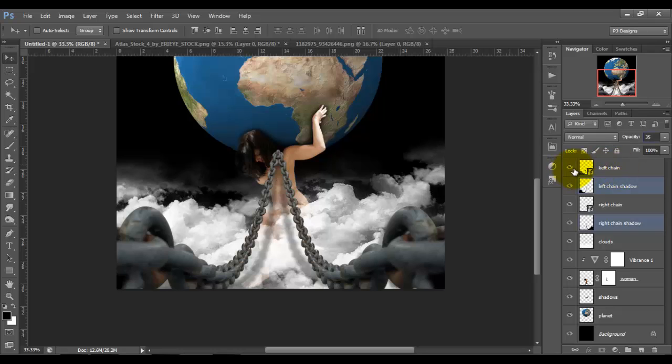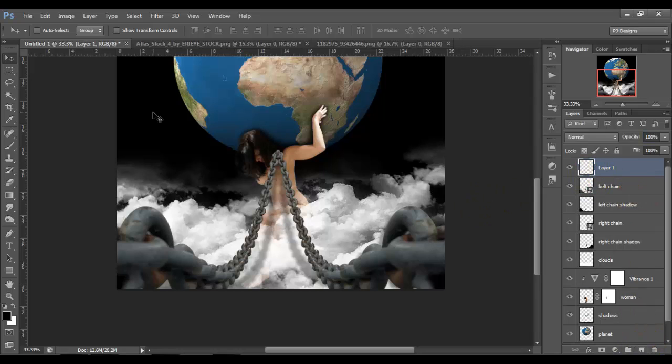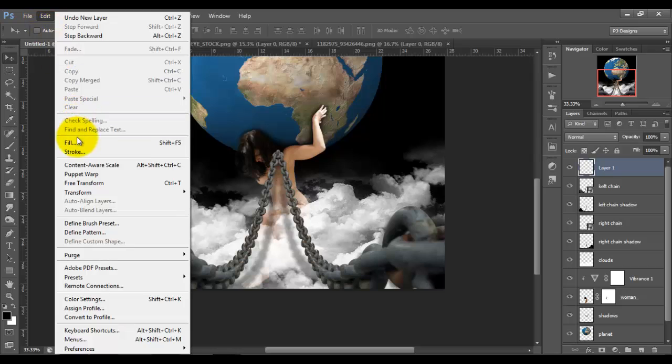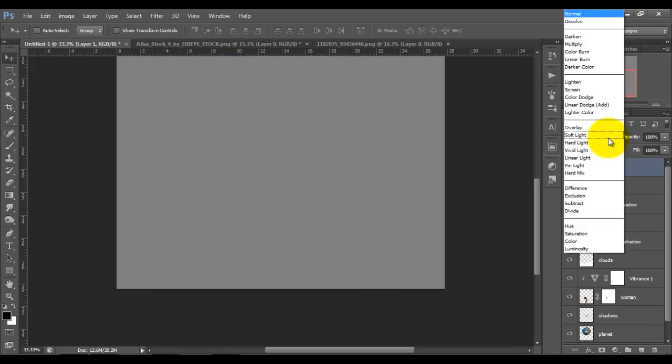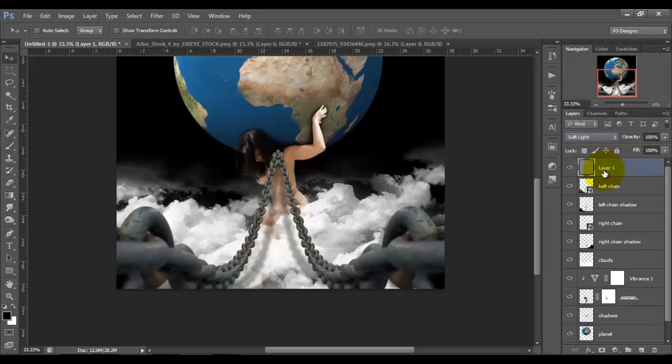Now go on top of the left chain, add a new layer, fill this layer with 50% gray. Go to edit, fill, 50% gray, okay, blend mode to soft light,